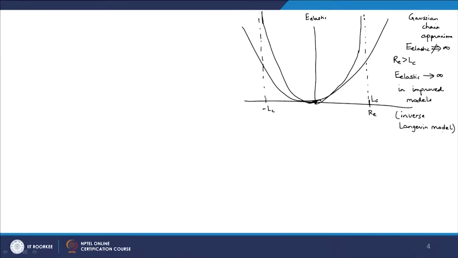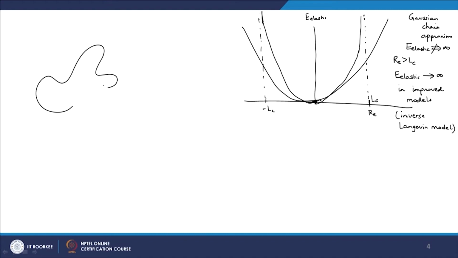This is also called a harmonic approximation that only works for small deformations around the mean value. Okay. So, this is one important point. The other point is, just like we can think of an energy, we can also think